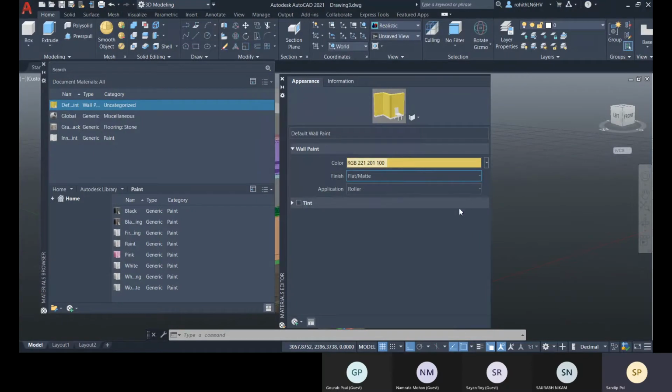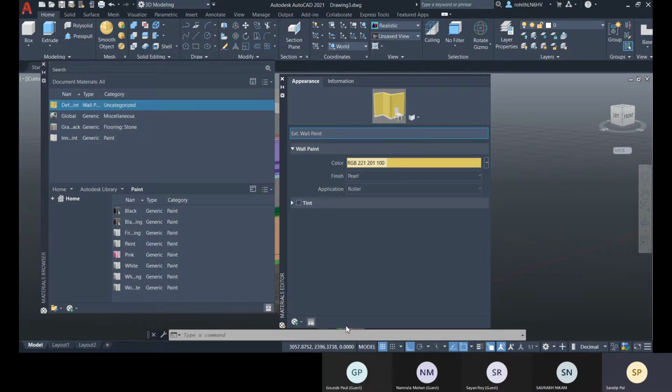And that will be what the surface finish will be. So you can create with any finish. Application is roller or brush that you can apply, and that is your exterior wall paint. Okay, so you can name it ext.